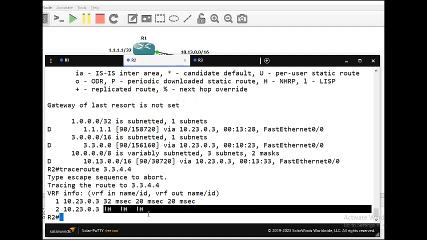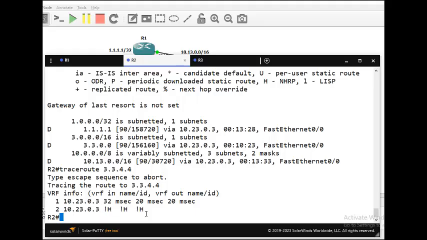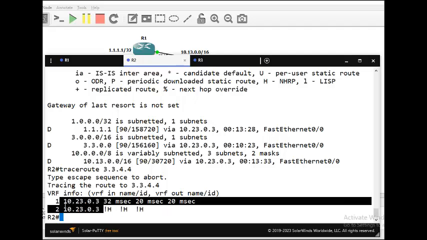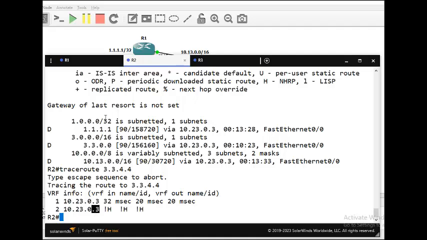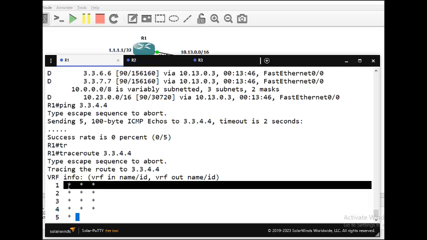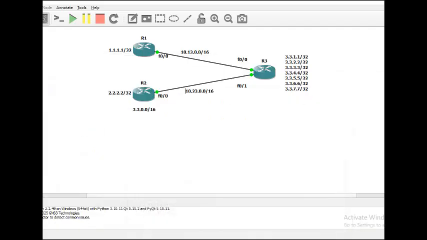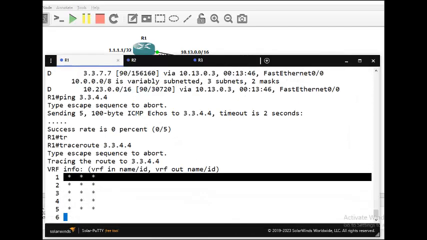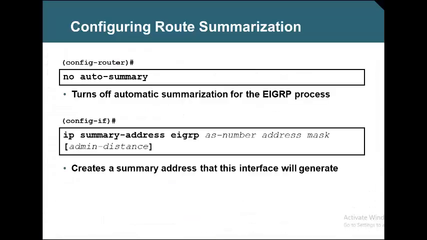All right. Let's move on to the next topic in the presentation. So this is the global summarization. In the older version, we used to cancel summarization by saying no auto summary. In the newer version, you don't need to do that. It is by default turned off. And this is the manual summarization. You remember I gave under the physical interface. Optionally, you can also set some administrative distance. Not necessary, if it is needed. If you have multiple routing